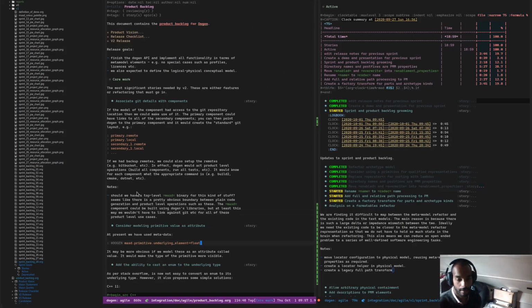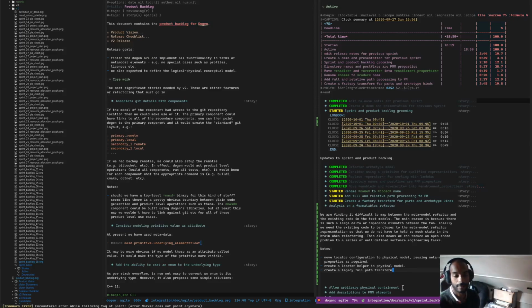Once you have the locator, create the locator helper, and then create a legacy full path transform in physical model. So have a set of simple functions that return the archetype